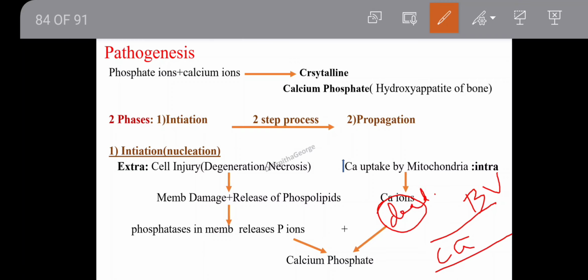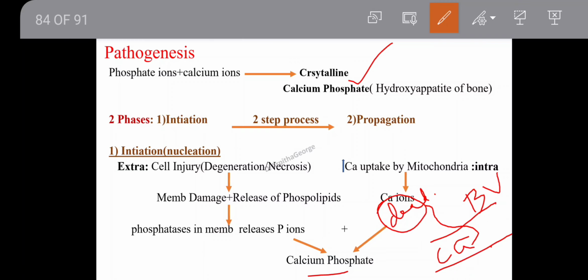Once this conversion happens, the phosphate is there. The conversion of phospholipids to phosphate happens by which enzyme? Phosphatase. Once the phosphate is there, calcium has a tendency, calcium is like a very good buddy to the phosphate. Calcium will soon go from this blood vessel and bind with this phosphate and form calcium phosphate. You can see here, calcium phosphate.